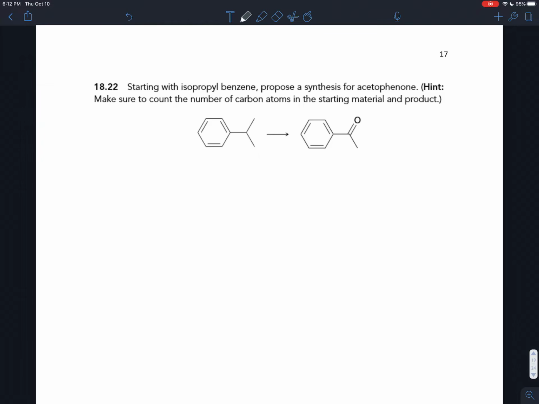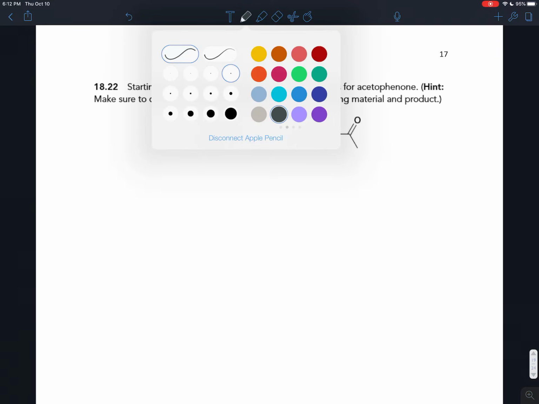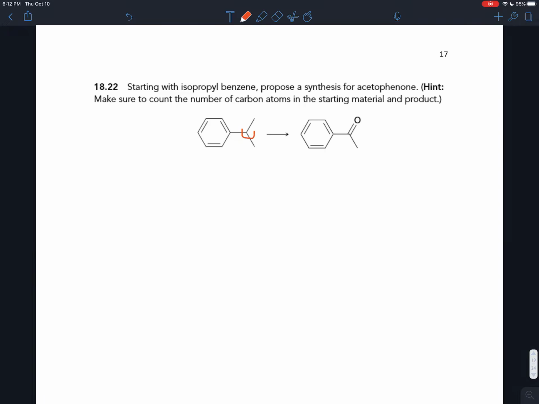Exercise 18.22 is trying to get you to turn isopropyl benzene into acetophenone right here. And whenever you do these syntheses, you can see first that the place where things are changing is at the benzylic position. Whenever you see a benzene molecule, you'd think, okay, the rings are really stable. Unless I use special tricks to make stuff react with that, which you would learn in chapter 19,